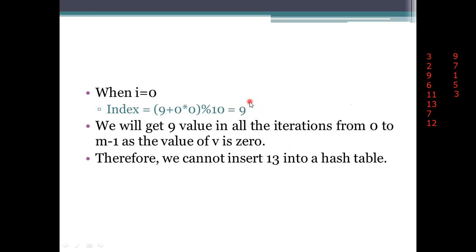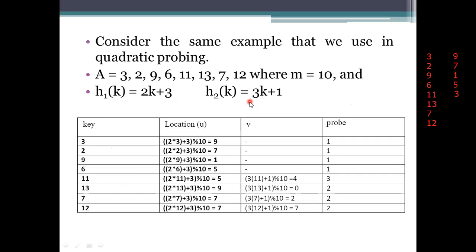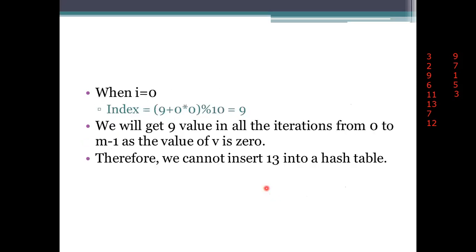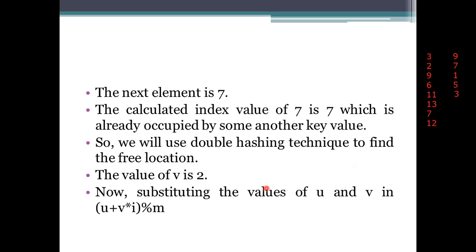So whenever we are getting the value here, V is 0. V is 0 means whatever you are multiplying with the 0 will be 0 only. Then the final answer for that one processing is 9 here. So 9 percent 10 means it will always be 9 only. So we won't be able to access or process this element into the hash table. We just leave that space as it is, and we won't process that element to be stored into that space here. Just leave it. No space has been allocated for that 13.